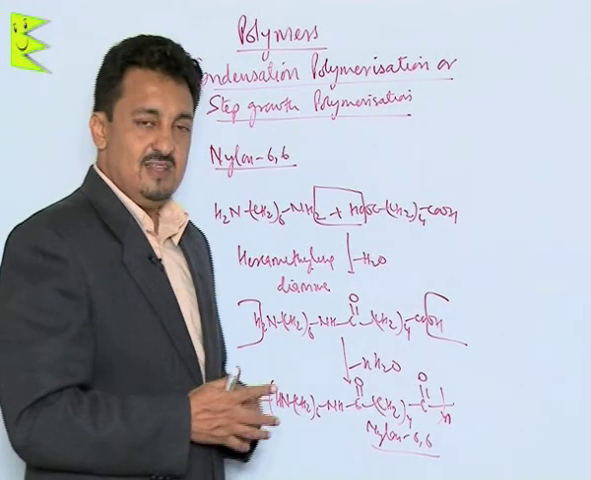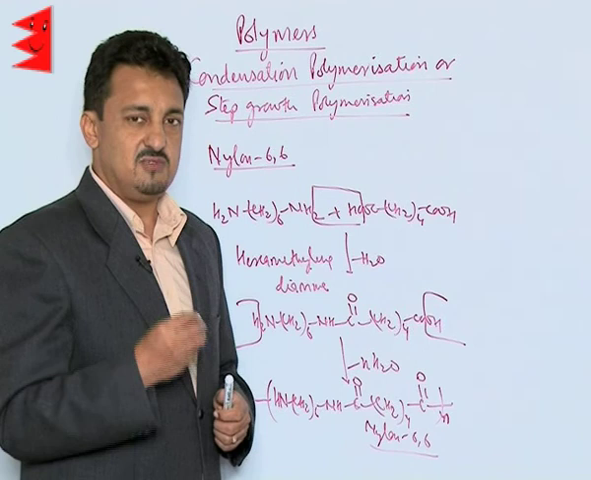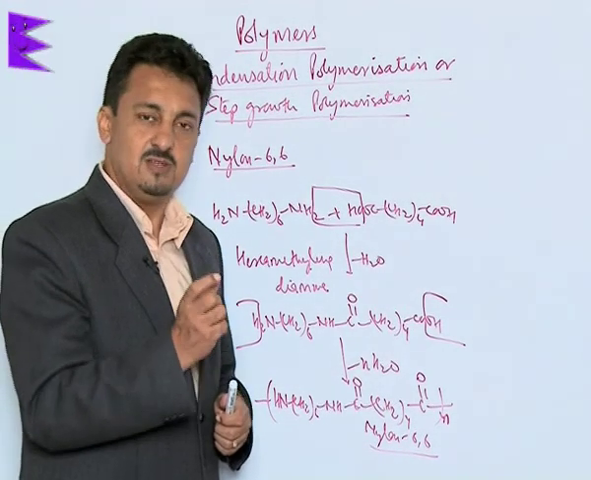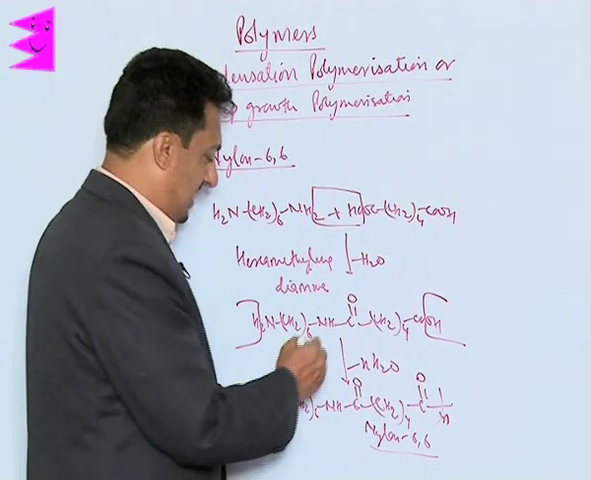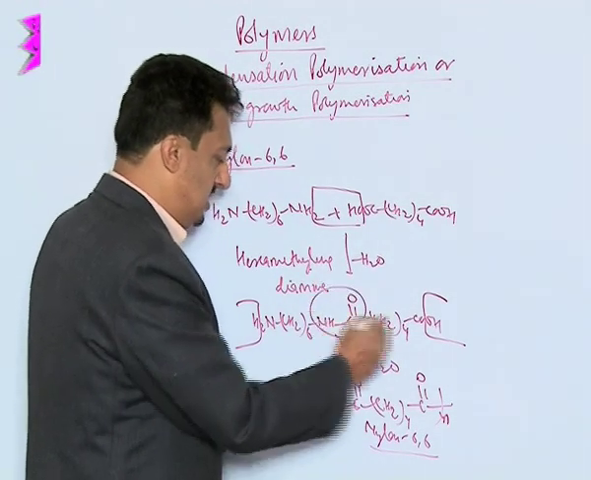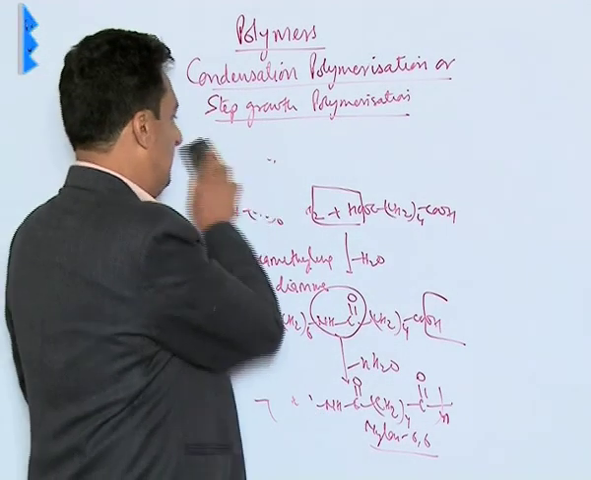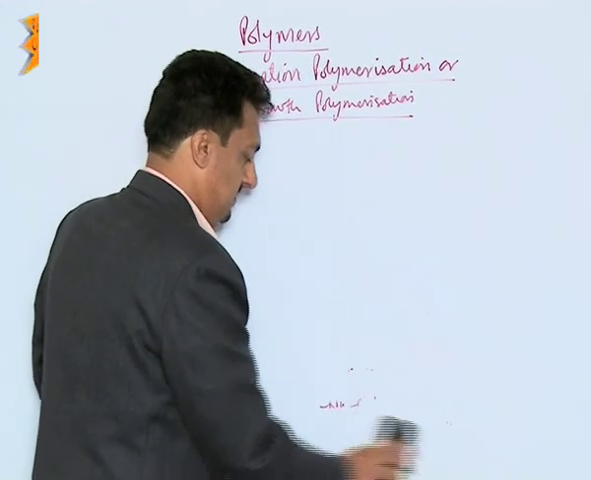Now, these condensation polymers can be classified into many types depending upon the functional group which is present between the monomers, or the functional group which is joining them. Like in this case, the functional group which is joining the monomers is an amide linkage. That is why the first example of step growth polymers we can take is